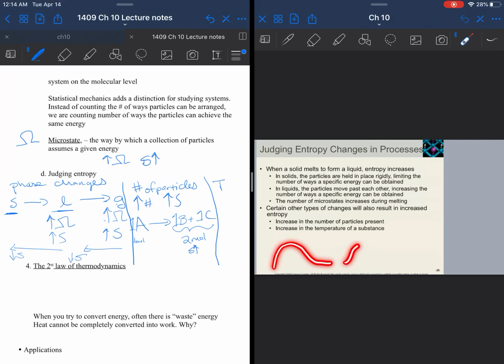I didn't really leave myself much room here, but the last one is going to be temperature. Let's say that we're looking at a liquid. A liquid at a lower temperature versus a liquid at a higher temperature is primarily going to have a difference in the Boltzmann distribution, right? At the higher temperature, you're going to have more molecules with higher kinetic energy, and there's going to be more varied arrangements that will give you the same overall average energy. So an increase in temperature tends to yield an increase in entropy, right? So we're going to be able to answer basic qualitative questions about entropy if we think about